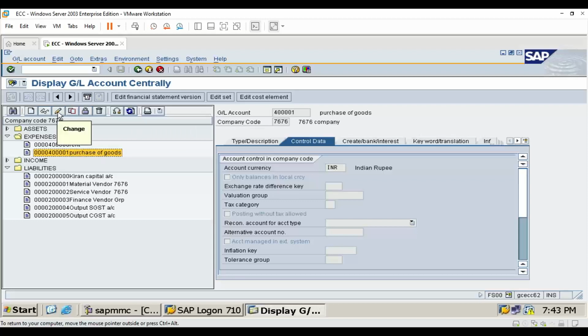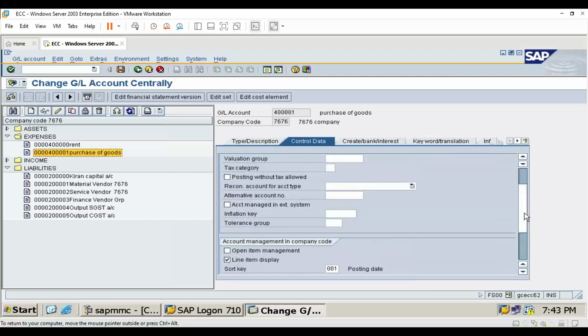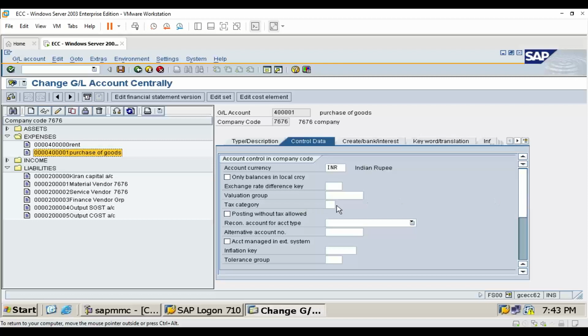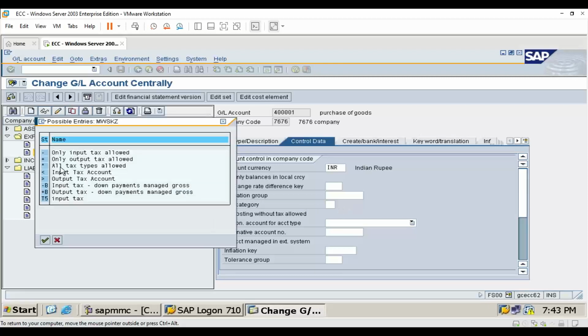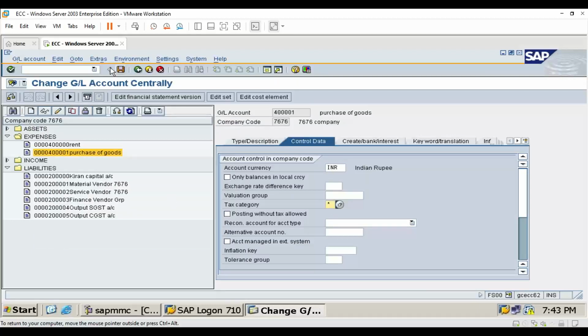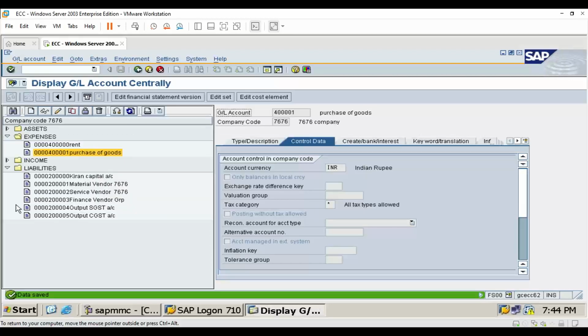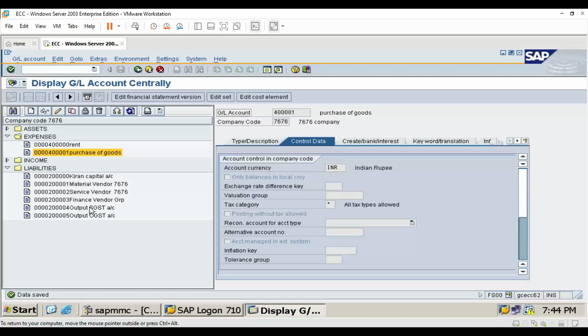Then what I would like to do is click the change button. I'm modifying this purchase of goods, and in the list select the option called tax category. Click this tax category and open. There is a star mark, allow all types of tax. Double click here and save it. This is for purchase of goods, and save it. And next again sales